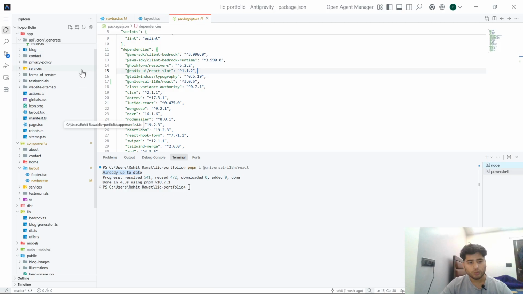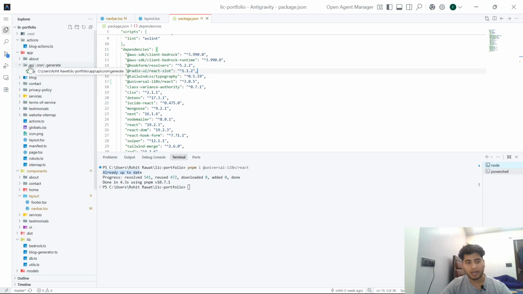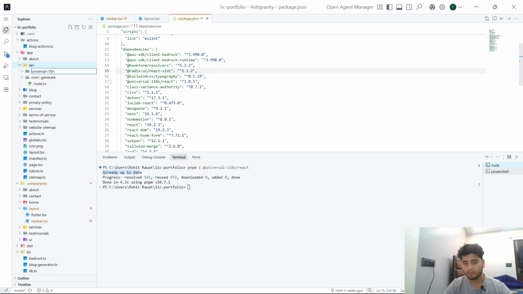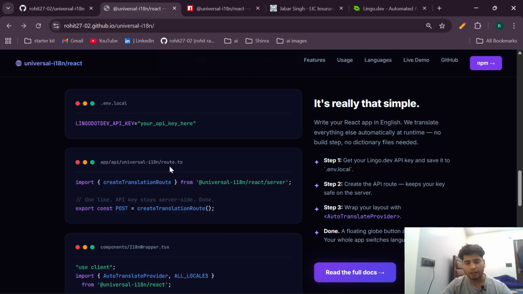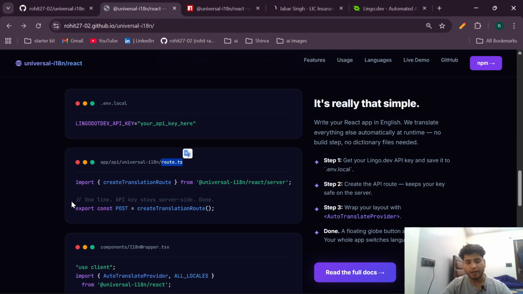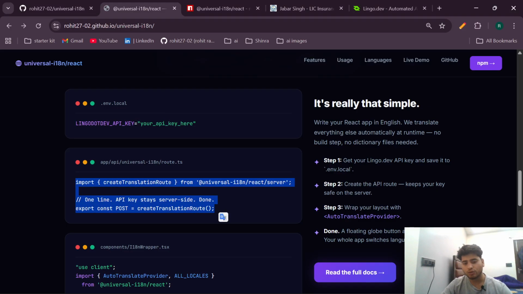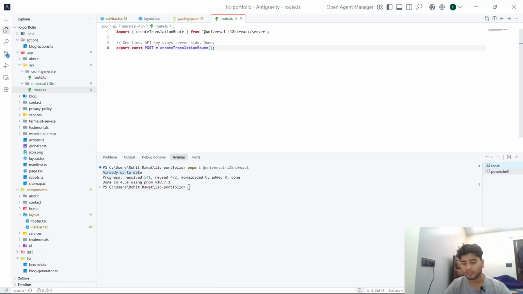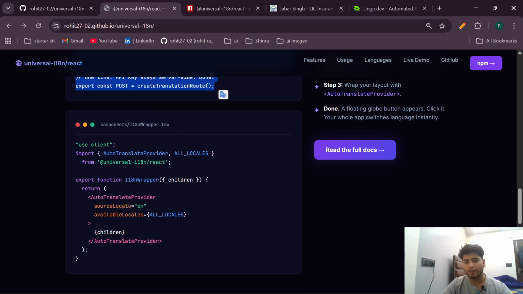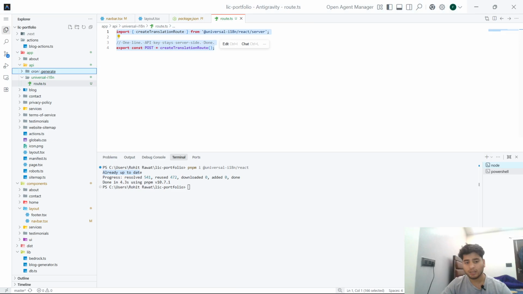So let's go to the API folder. I have this API folder right here. I'll just create a new folder with this name, and now I'll create a route.ts file in this. Here we go. Okay, and now we can just paste these two lines of code. So now we just added these two lines into our project, and the next step is that we need to wrap our application with this